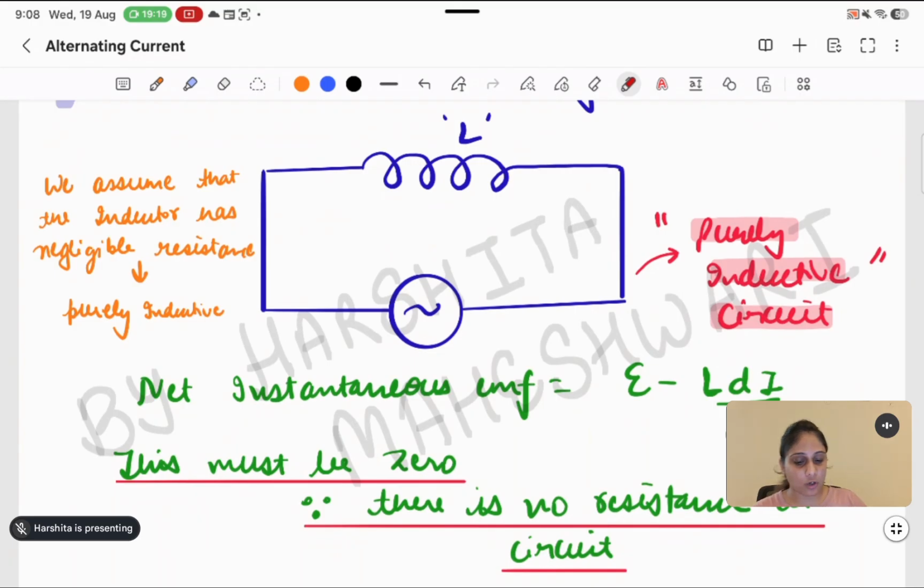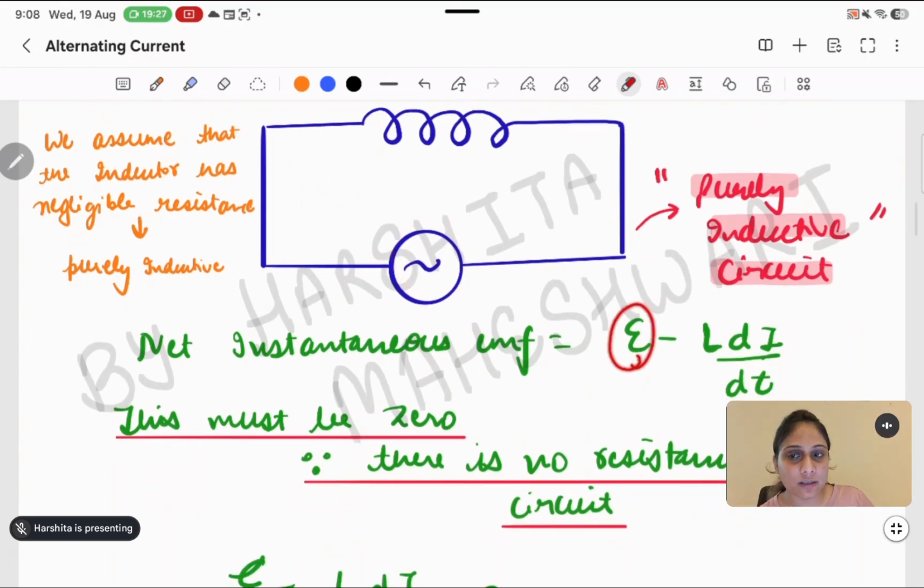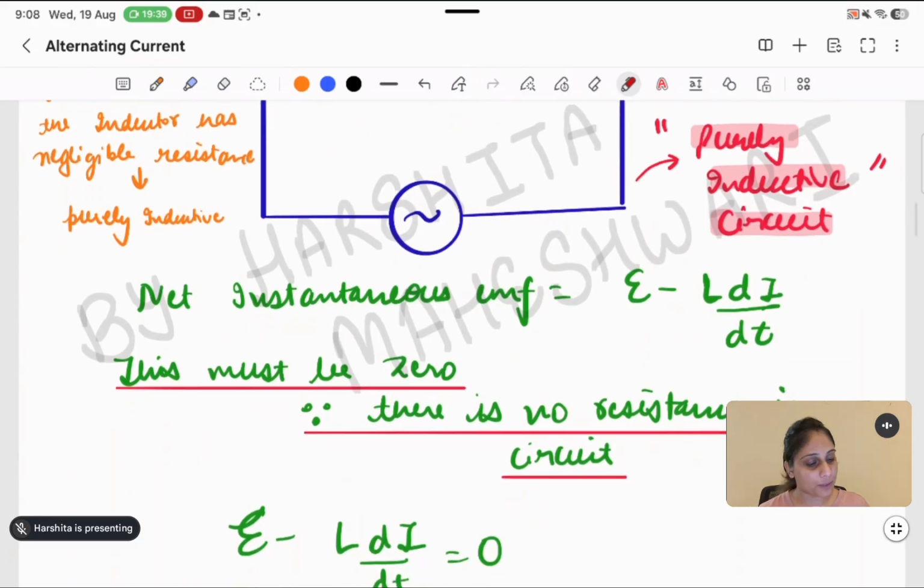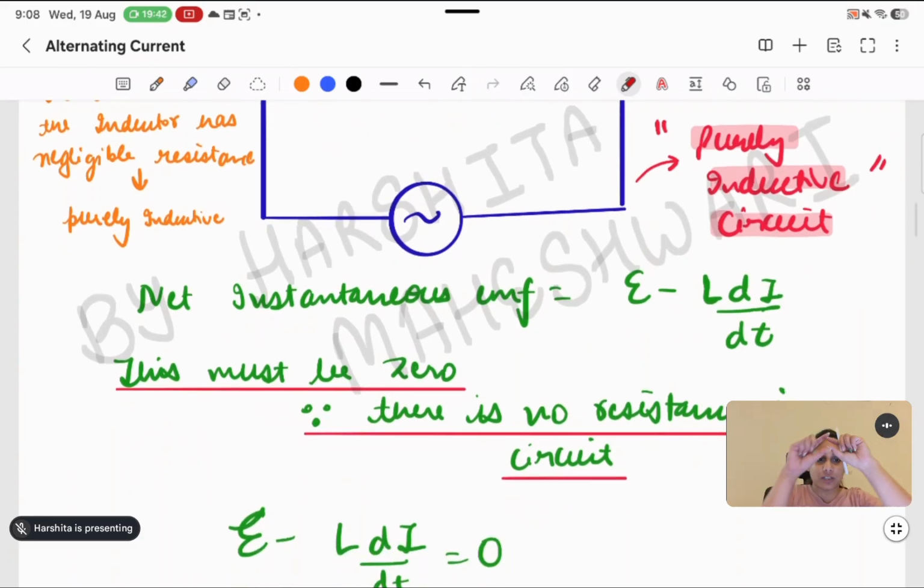Now we can see that the alternating current will be flowing through the inductor and producing a back EMF. That will be the original E which is being passed from here, minus L dI by dt. The L dI by dt thing we already understood in the electromagnetic induction chapter, lecture number 4. Okay. If alternating current is flowing through the inductor, the back EMF produced will oppose the applied EMF. Whatever EMF is given from here will be opposed by the inductor.